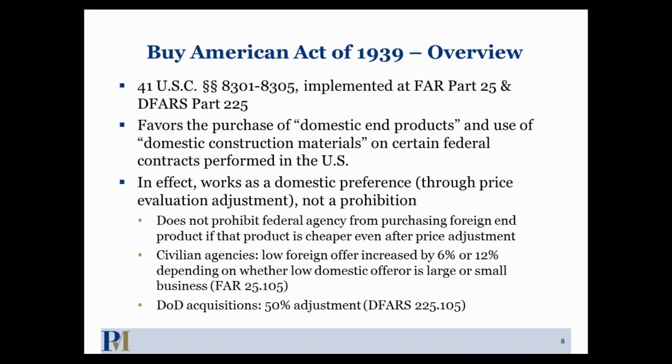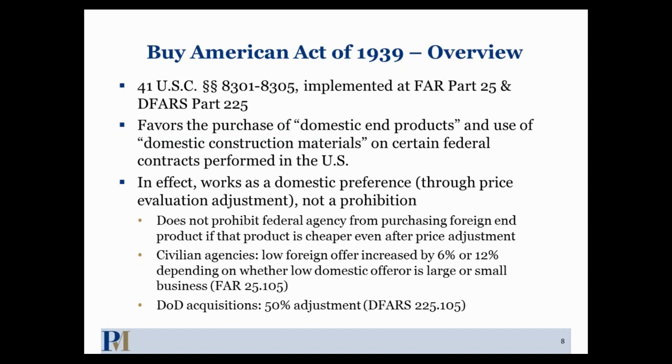The regulatory scheme here, where we're calling American-made goods "domestic end products" or "domestic construction materials," because the Buy American Act is going to apply to products or construction materials. And we're going to drill down on exactly what is a domestic end product and the tests that go into that. But just big picture at this point, and we say it favors the purchase of domestic end products because